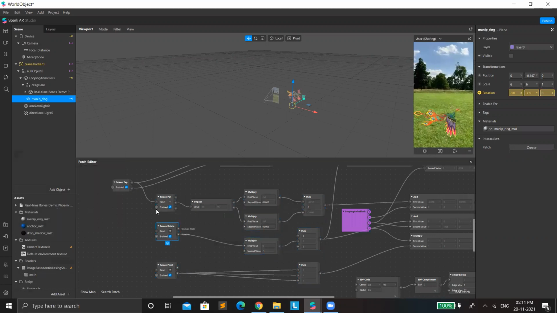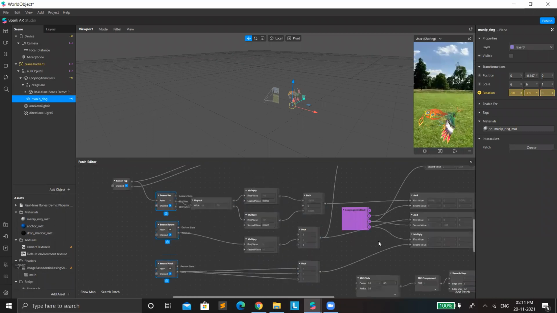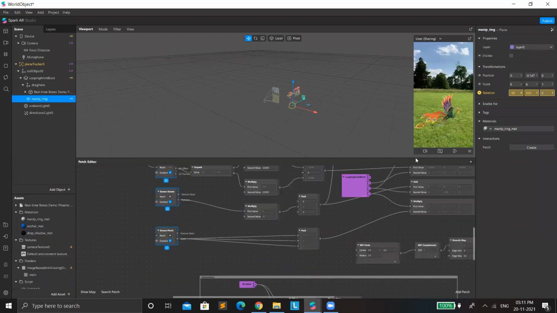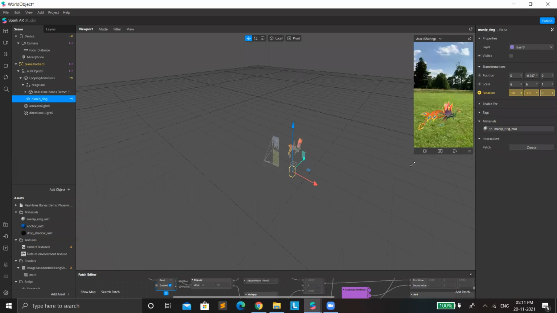Whenever I click on it or try to rotate it, the object is able to rotate because we have used these patches here. But if you are going with a blank project, you have to create these patches. So for example, if you want to learn it, what we will be doing is